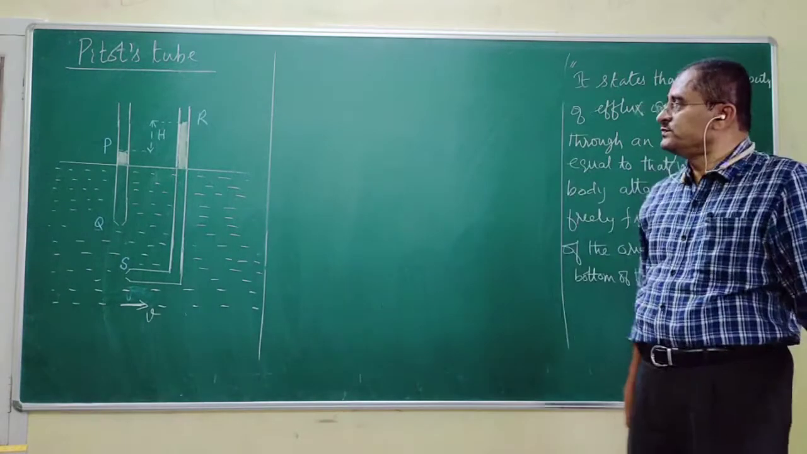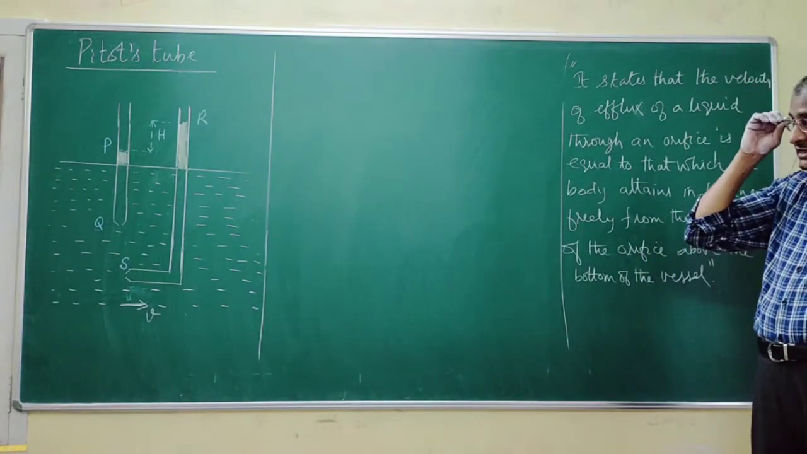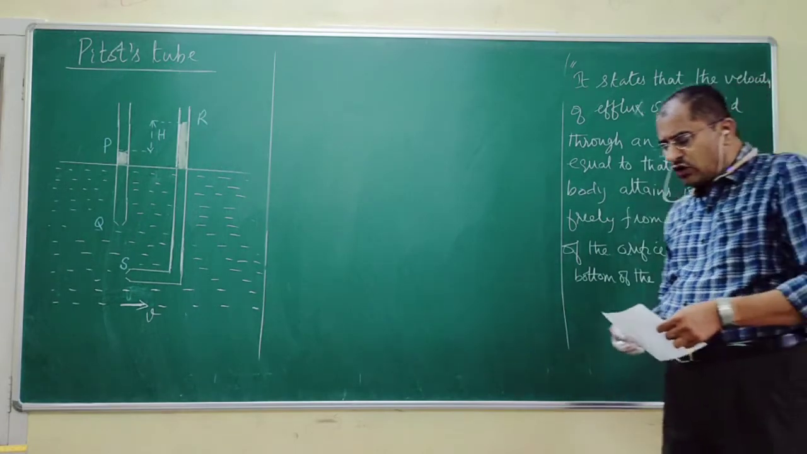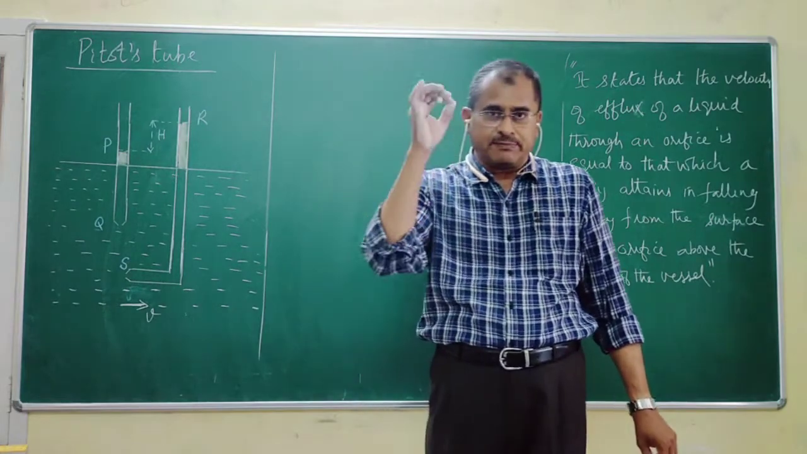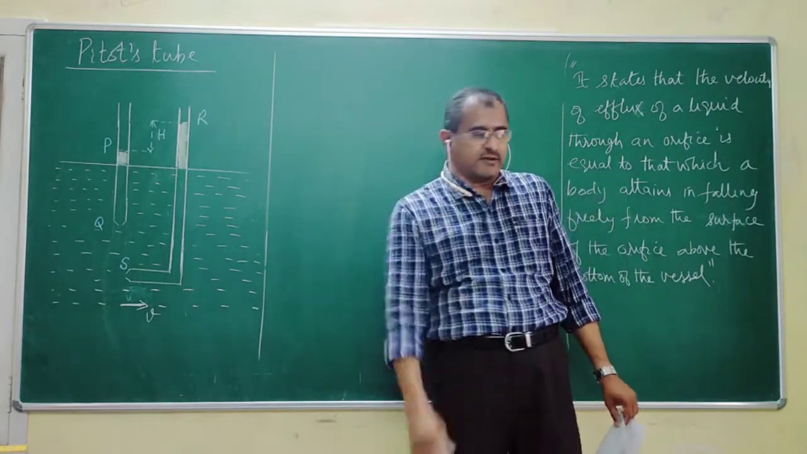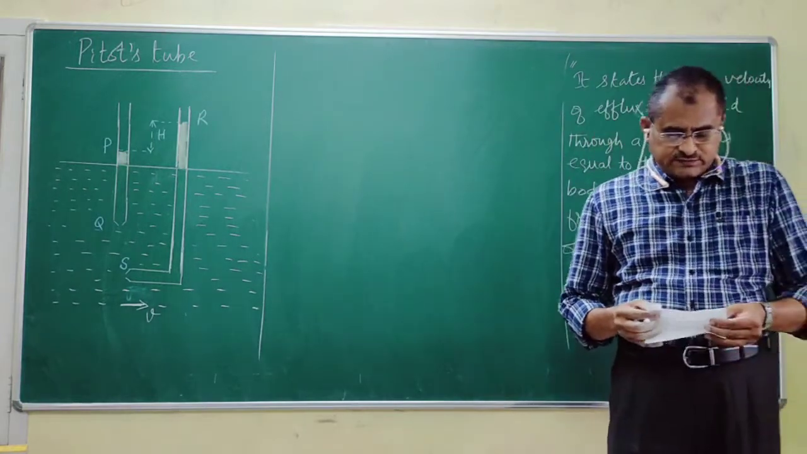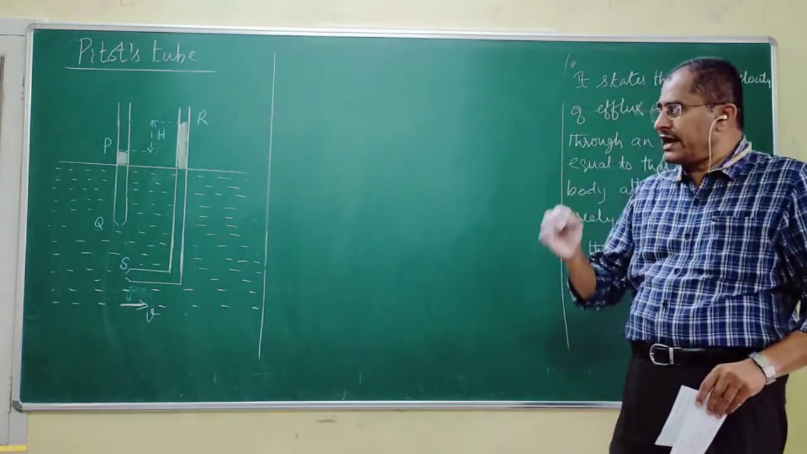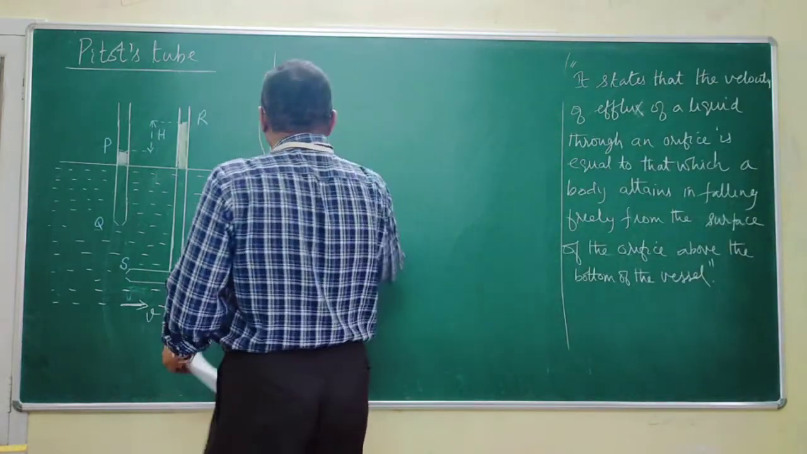Pitot tube is an instrument used to measure rate of flow of water through a pipeline. Let us repeat that once again. Please listen to me. This is an instrument which is used to measure rate of flow of water through a pipeline based on the principle of